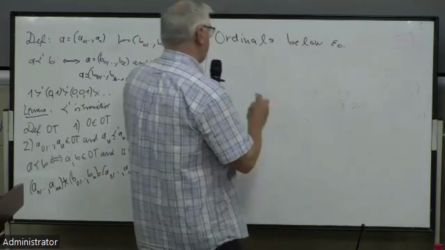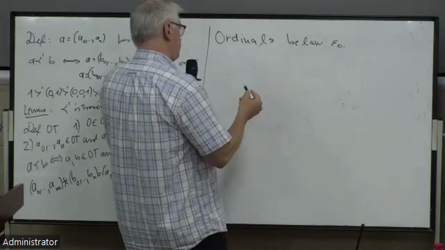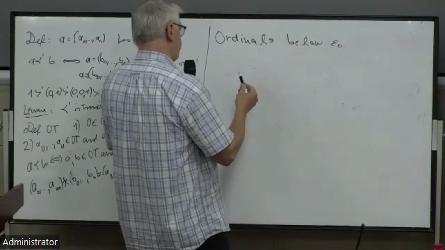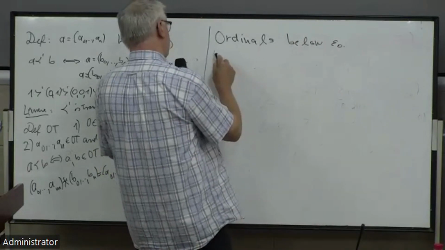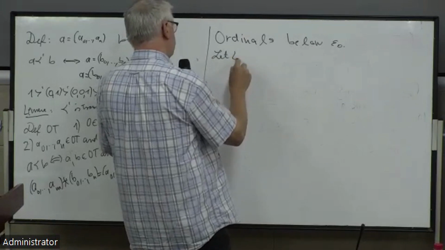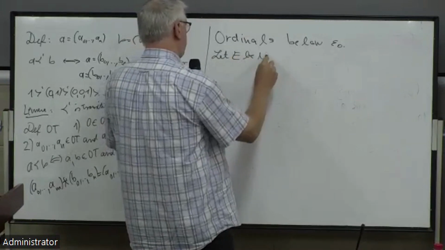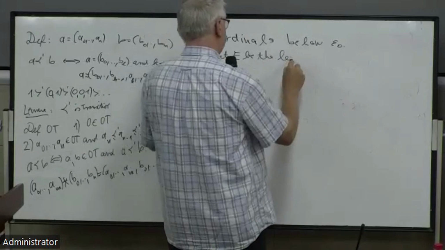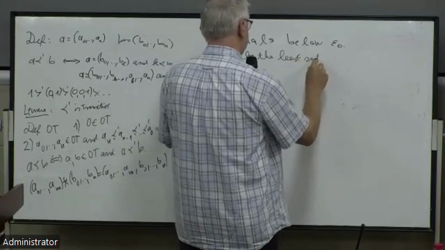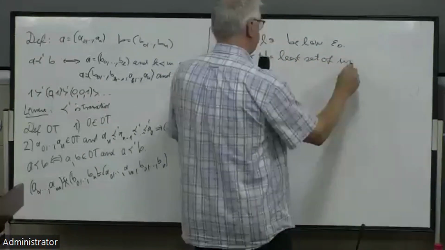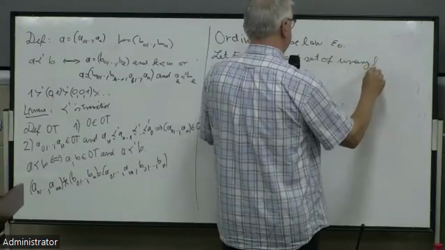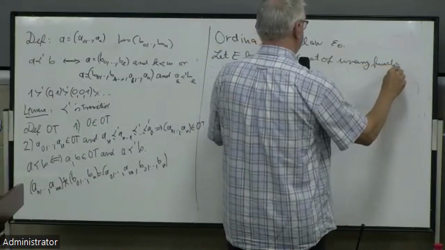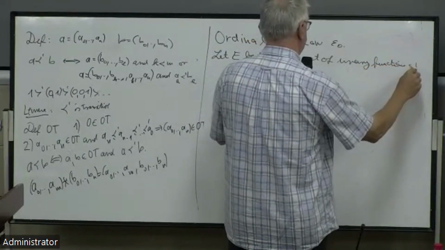So what I'm doing is I give a sort of alternative description. So let E be the least set of unary functions such that